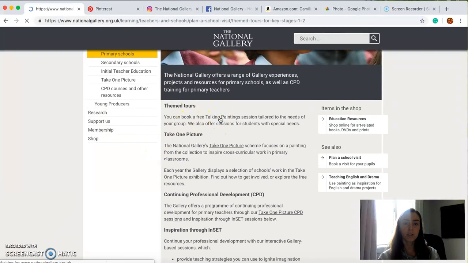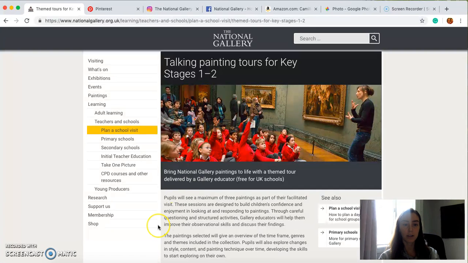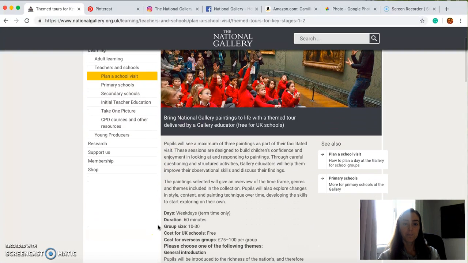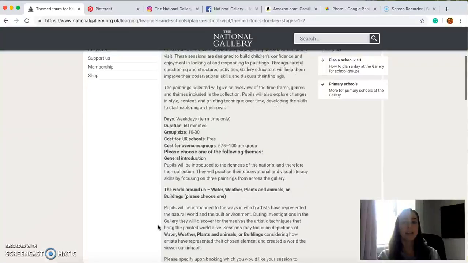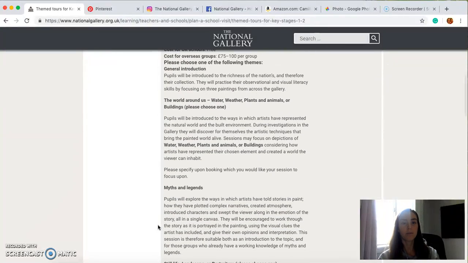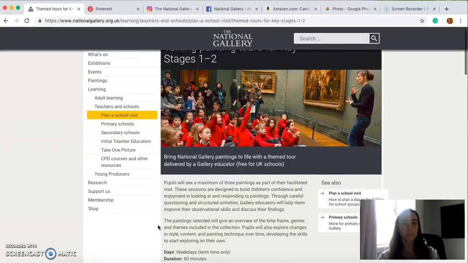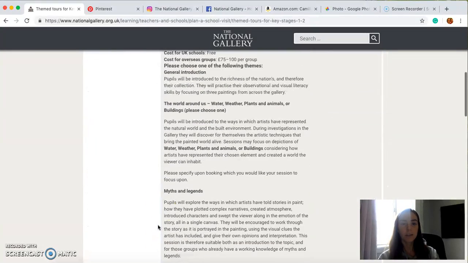So you can book a free Talking Paintings session at the National Gallery. And these sessions are designed to build children's confidence and enjoyment in looking and responding to paintings that are on display at the National Gallery. And I'm choosing to focus on this aspect of the themed painting tours because one of the themes that they have, among several, is the world around us: water, weather, plants, and animals. And I'm choosing to talk about this because within my own lesson planning